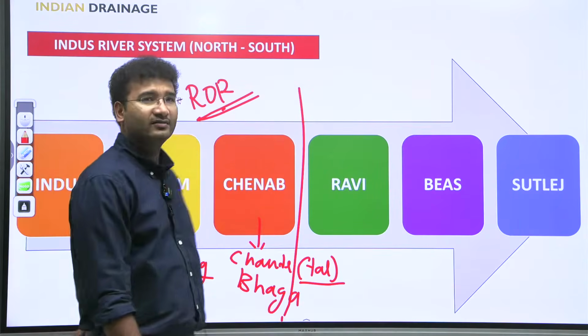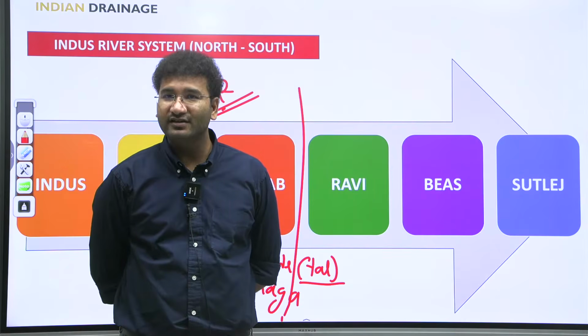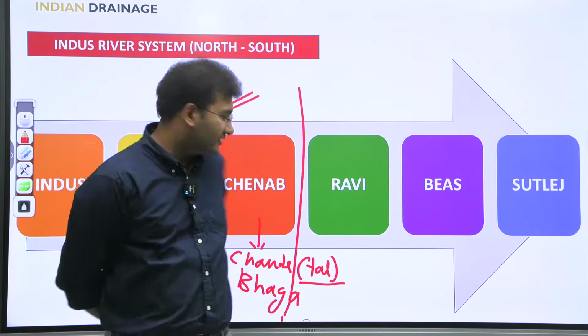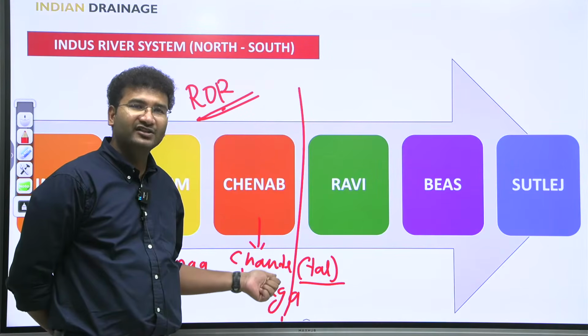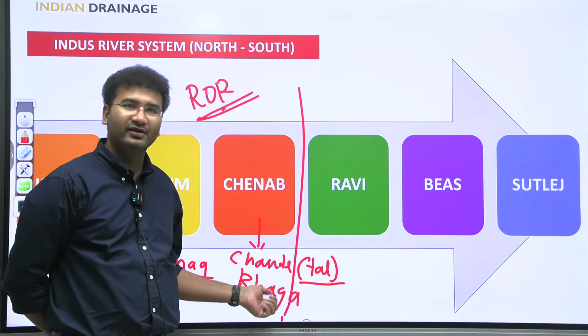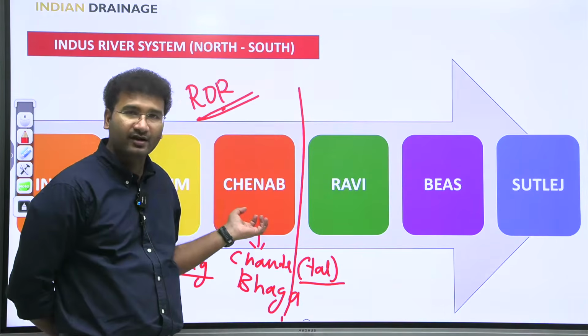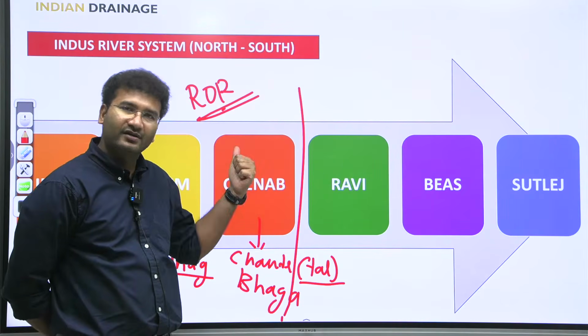Chandratal, where is it located? Himachal, Spiti Valley, Kibber Wildlife Sanctuary. Did I not tell earlier? So Chandratal is one of the sources of the river Chenab. Chandra and Bhaga. Bhaga is also another river, and together they form in the Spiti Valley, and then they join this Chenab. And here the Chenab river originates, right?